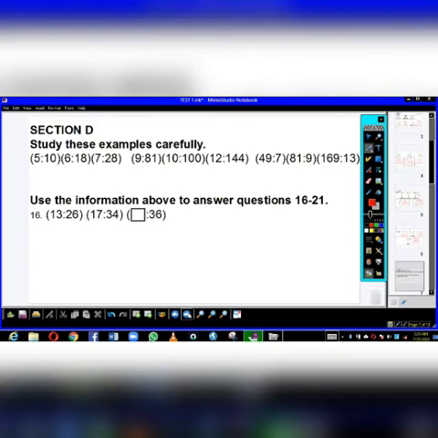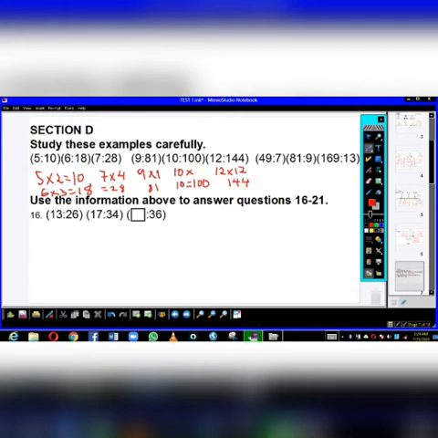Now let's proceed to section D. Here it says we should study this example carefully. 5 multiplied by 2 is equals to 10. 6 multiplied by 3 is equals to 18. 7 multiplied by 4 is equals to 28. 9 times 9 is equals to 81. 10 times 10 is equals to 100. 12 times 12 will give you 144,